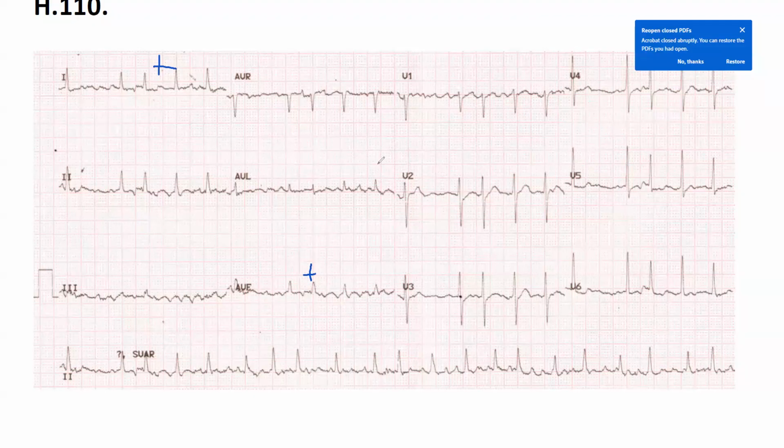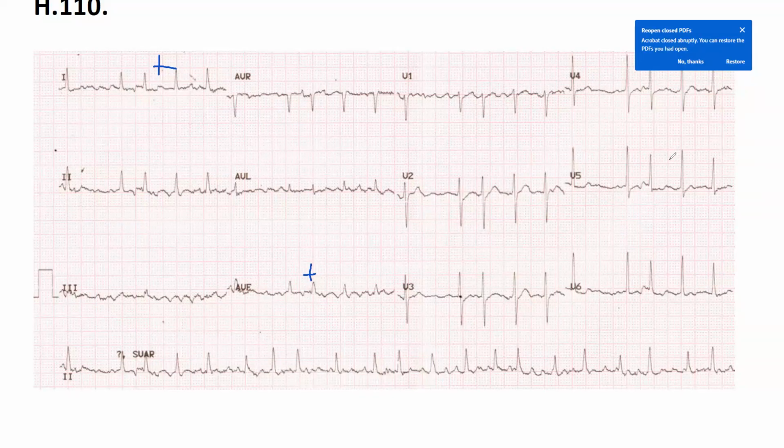I don't see any. In AVR you see, but AVR doesn't count. Okay, that's fine. I guess next I'll look at the ST segments, and it's difficult to tell, but I think for example,